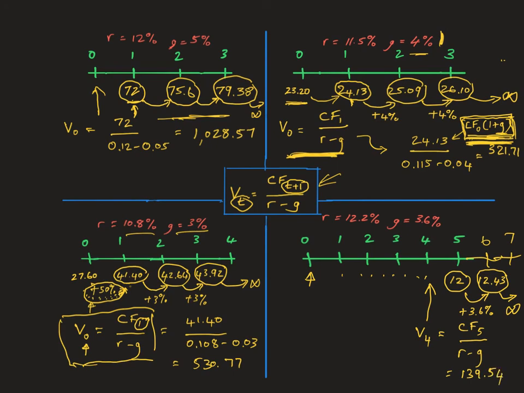And following that, it becomes an absolutely simple proposition of doing a present value calculation of that and bringing that back to T0 using the required rate of return. And that is